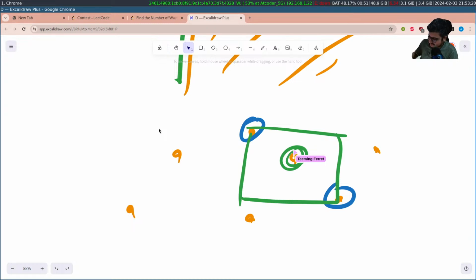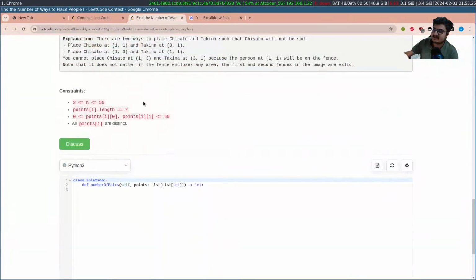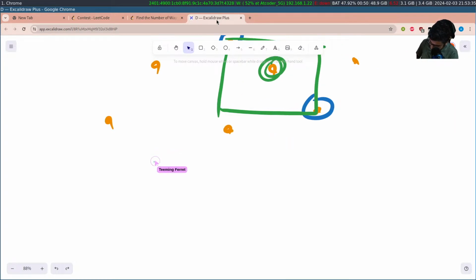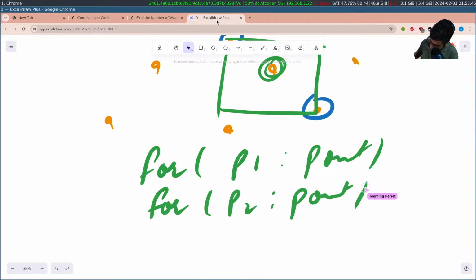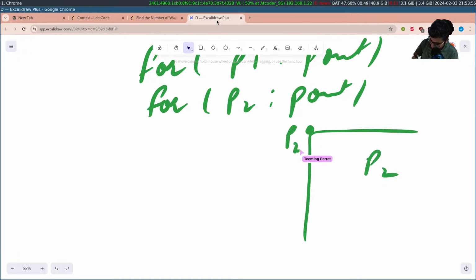If we look at the constraints for this problem, it says n is less than or equal to 50. So what we can do here is run a first for loop, and for all the positions in P2, if P1 and P2 form an area like this, if this is P1 and P2 is in this area,